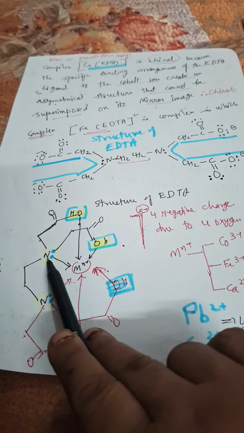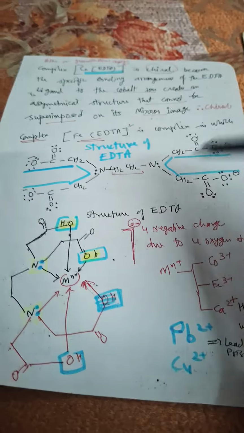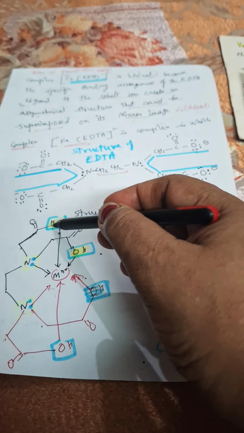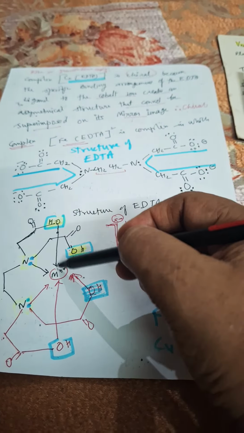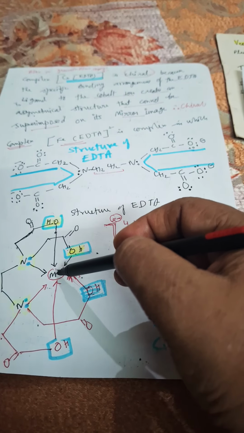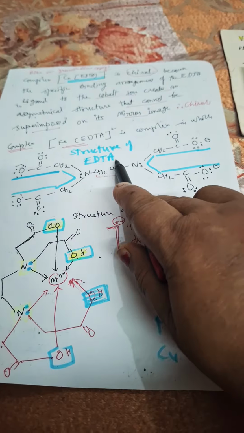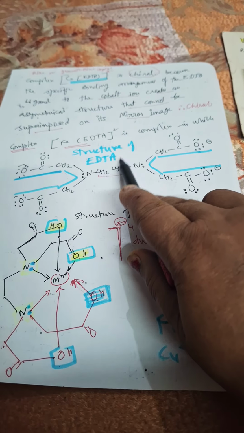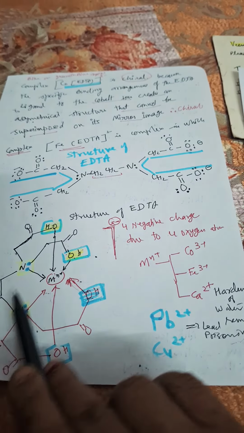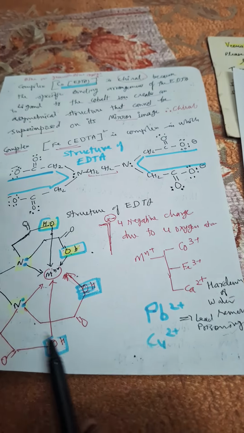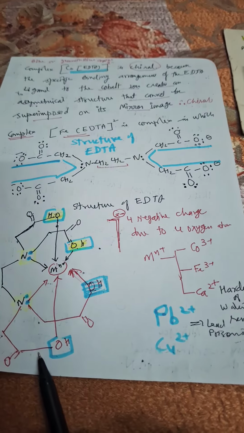Here 2 nitrogens, and this you have to open it and write down. See, these 2 CH3CO groupings are over here. OH I took up, and this is the donor. Here OH down, here donor. Here I have taken EDTA, meaning at last acetic acid. Okay, but in general if we do not write H, then acetate. So this type of structure will be there.